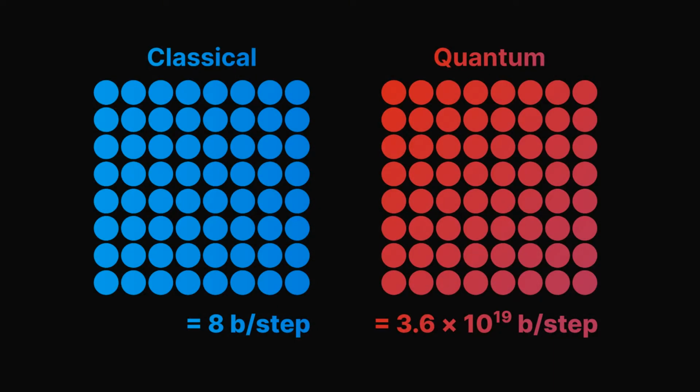Now, a 64-bit classical computer could process 8 values per step, and that's not bad for a classical computer. However, a quantum computer, hold your breath, a 64-qubit quantum computer can process 30 billion values in parallel. Think about just how powerful that is compared to the 8 values per step and the 30 billion values per step. Obviously, the quantum computer is much more powerful than the classical computer. But how do we get there?